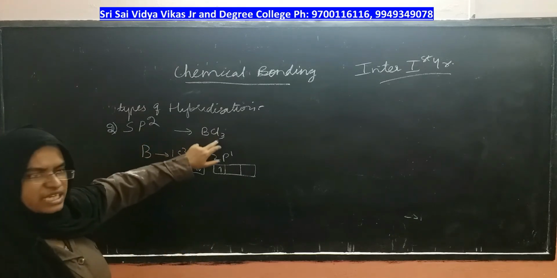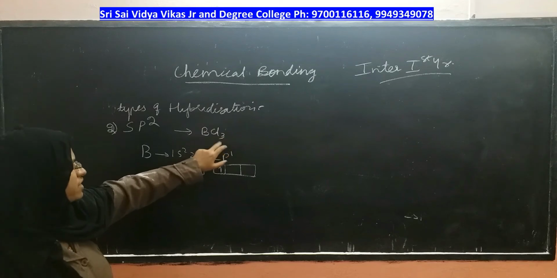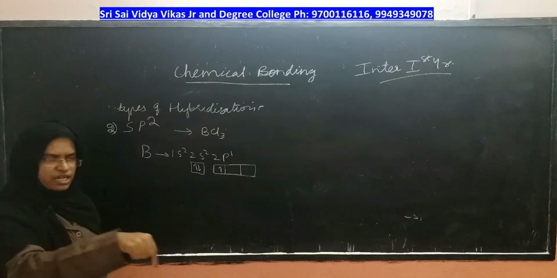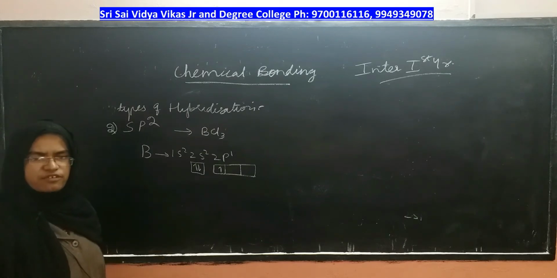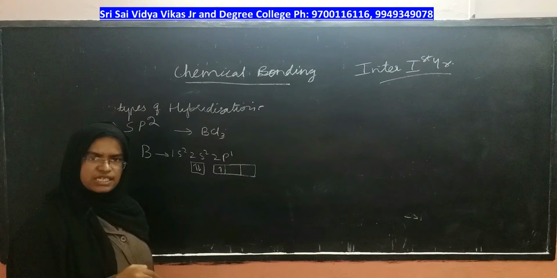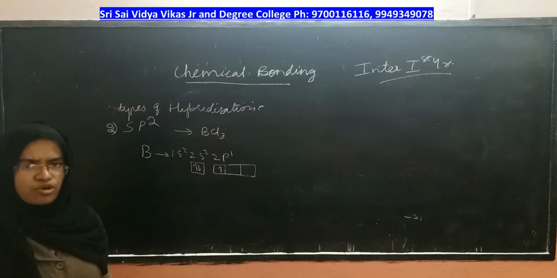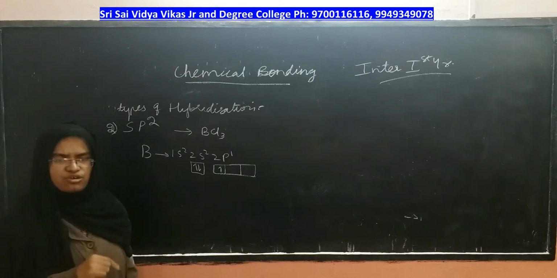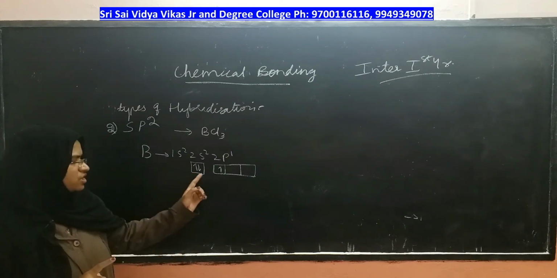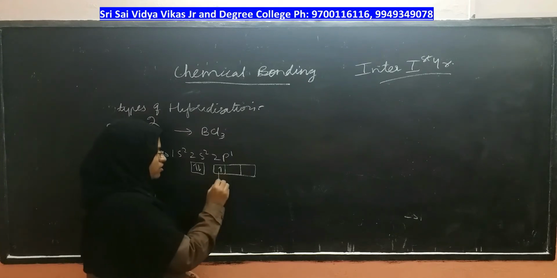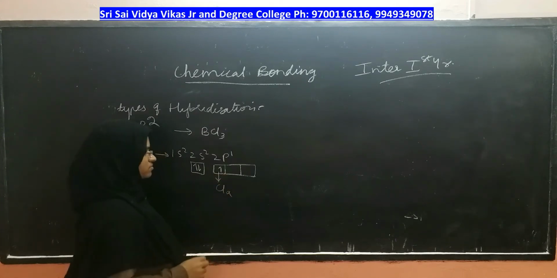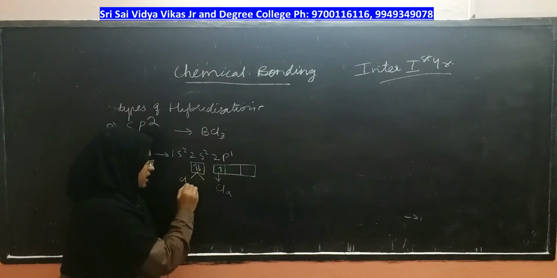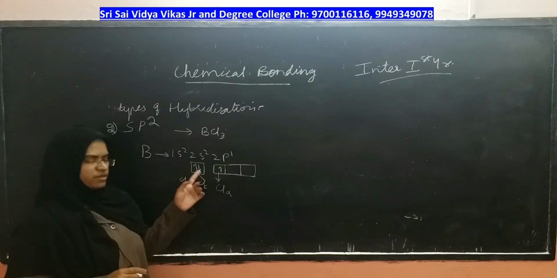Around boron there are 3 chlorines, right? Each wants one electron from boron. Chlorine A asks for 1 electron from boron, chlorine B asks for another electron from boron, chlorine C also asks for another electron from boron, right? So now it is the responsibility of the boron to give an electron equally from each orbital, right? Suppose this electron is given to chlorine A, then how about chlorine B and C? Chlorine B and C should get electrons from here.